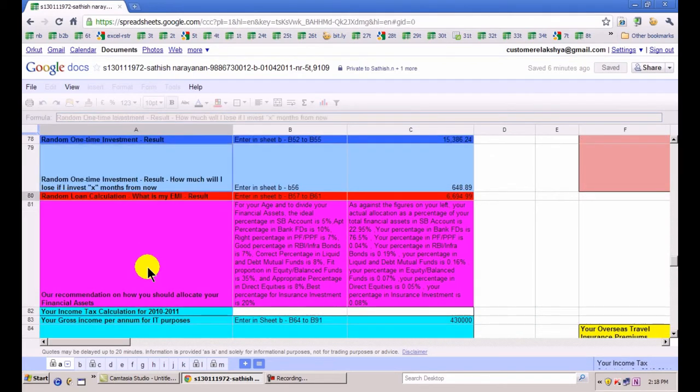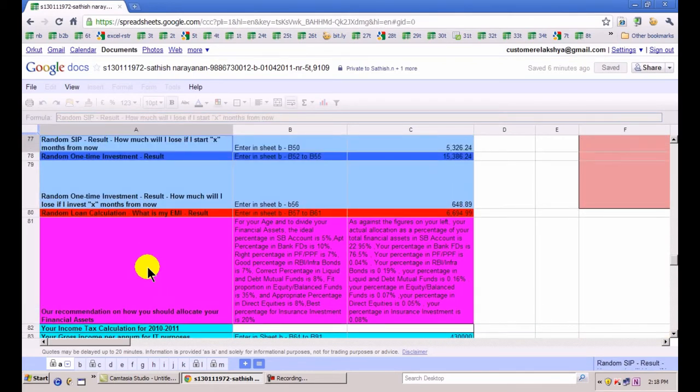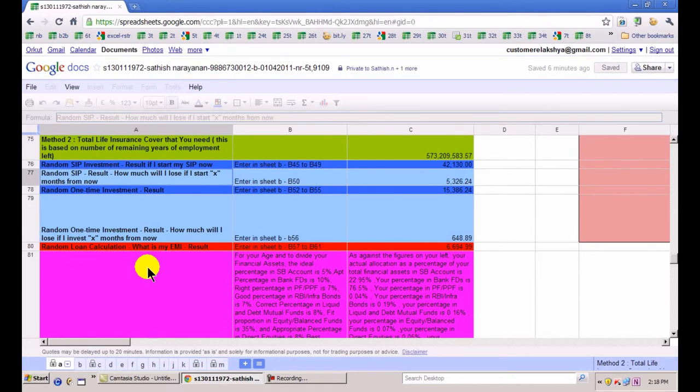If you defer your SIP investment from now to later, what is the possible loss, various SIP calculators, EMI calculators towards your loan.